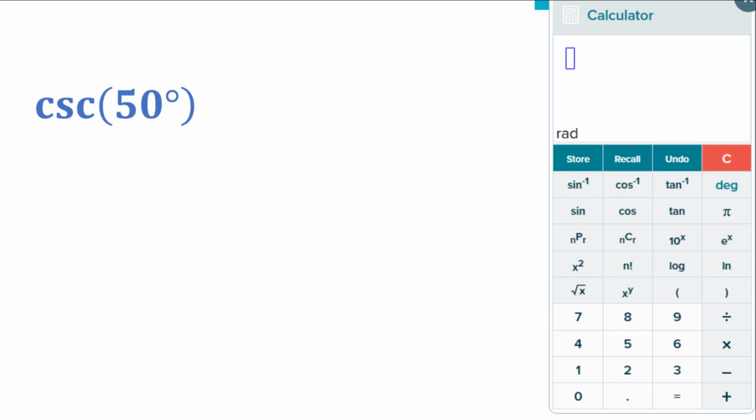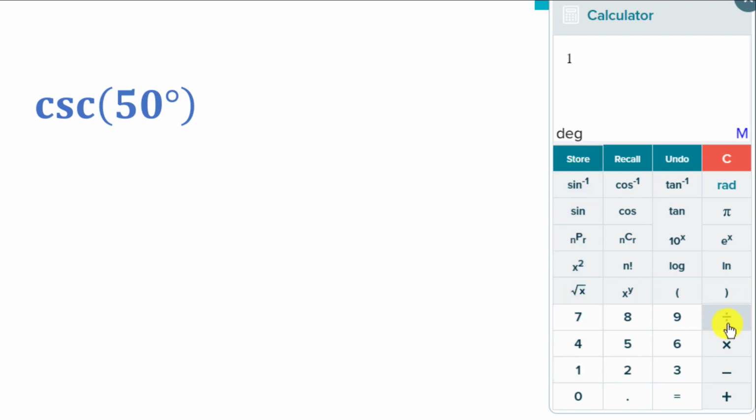First, make sure that your calculator is in the right setting of degrees, and then press sine, and then 50, and then press equals. This tells us that the sine of 50 degrees is about 0.766. Depending on your calculator, there are different ways to recall this value. On the ALEX calculator, which is what I'm using here, you should press the store button, and then press 1,